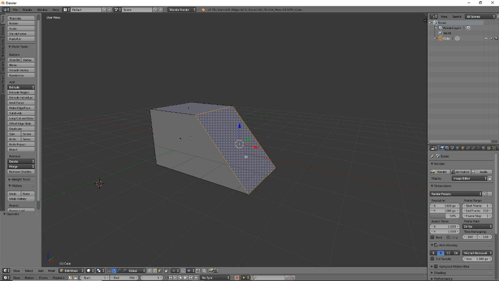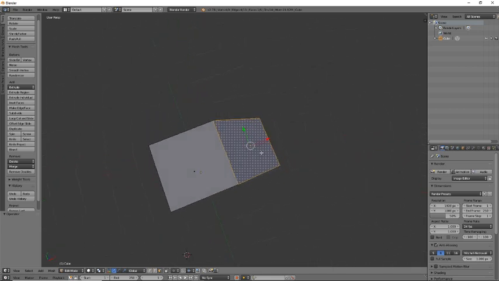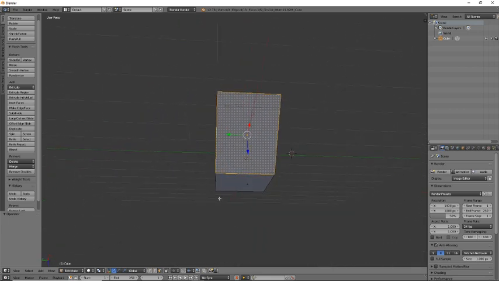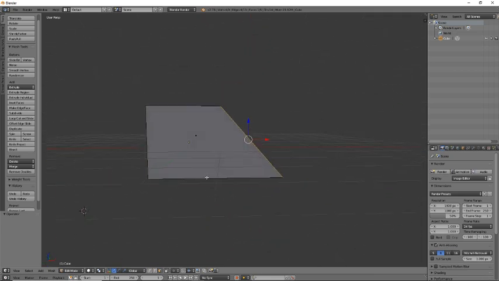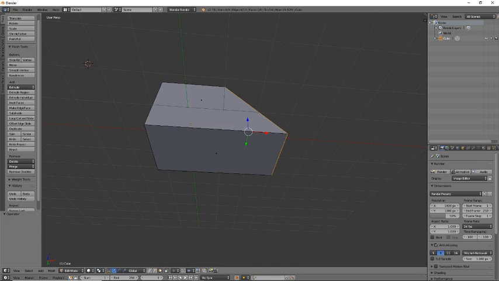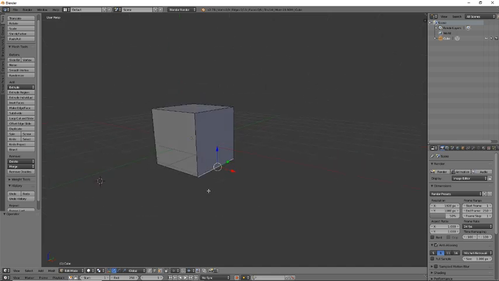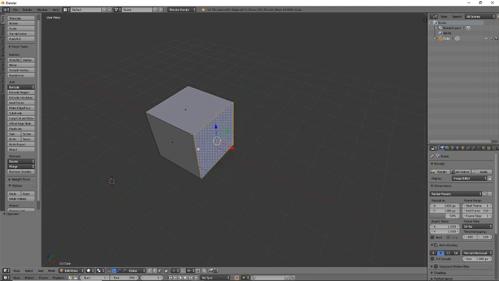And I wish I knew Shift 7 as soon as I started, because I used to spend a very long time manually trying to parallel my camera with every face I had to cut, and it's a very big relief to not have to do that. So Shift 7 is very, very useful. Just revert my cube back to normal. So the next thing is